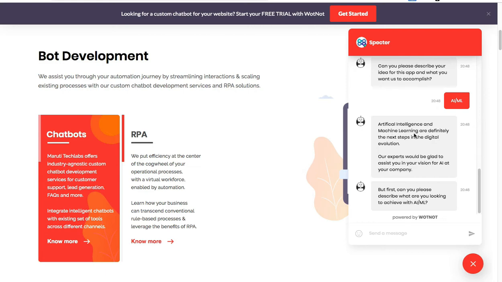So in this case, a chatbot can be active continuously 24 by 7 throughout the year, which saves you a lot of cost, a lot of expense, because if not a chatbot, then you'll have to hire some executive, some employee to chat with the website traffic. And obviously an employee will have his own limitations, because at a single time he can chat with one or two people, whereas a chatbot can have a conversation with n number of website visitors at a single time. So that is the beauty of having a chatbot.